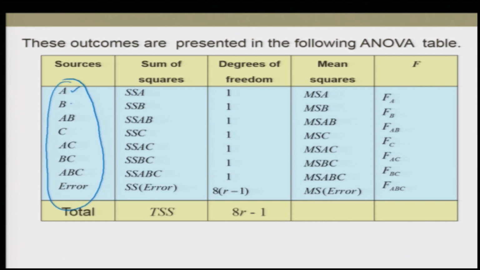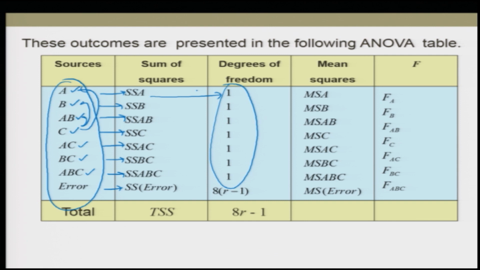First I write A, B in alphabetical order, and then I take its interaction, and then I take C, and then I multiply this C with A, with B and with AB, and I write C into A as AC, C into B as BC, C into AB as ABC, and then the corresponding sums of squares SSA, SSB, SSAB, SSC, SSAC, SSBC, SSABC and SS error are obtained here, and then they have the degrees of freedom here